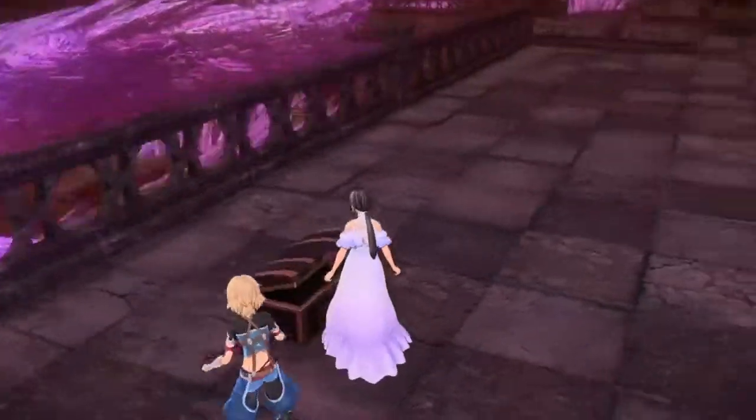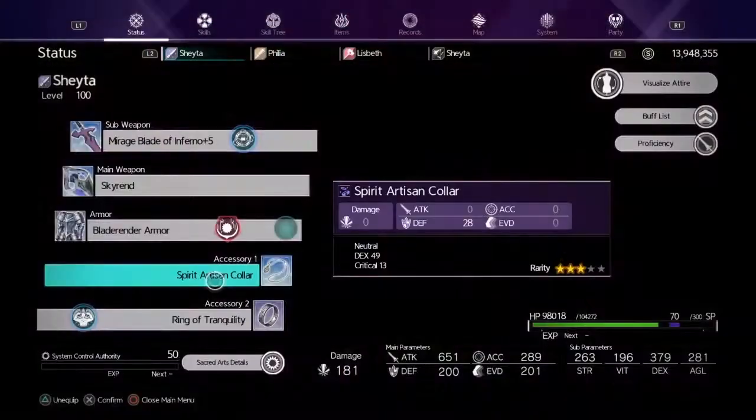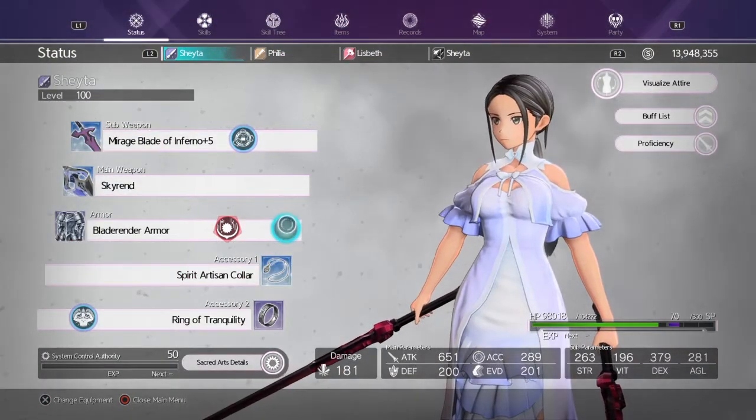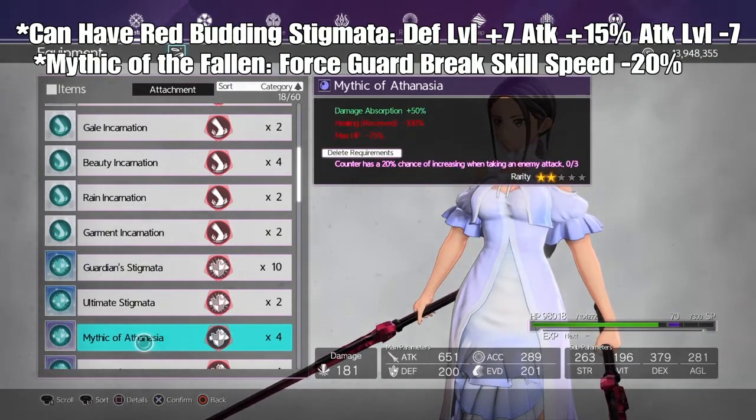So from this chest, you get Yin Yang Incarnation. There's probably 2 other incarnations from this. I'll put them in captions above as well. But Yin Yang Incarnation